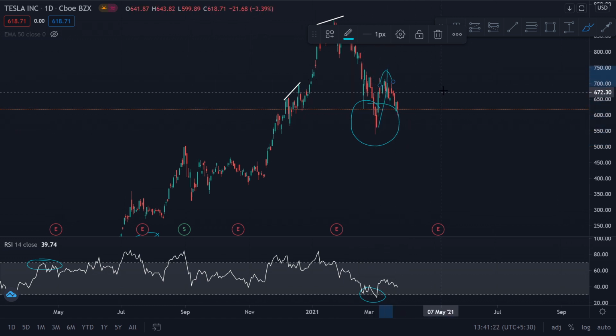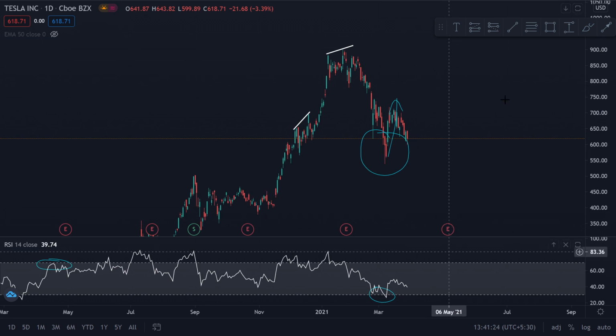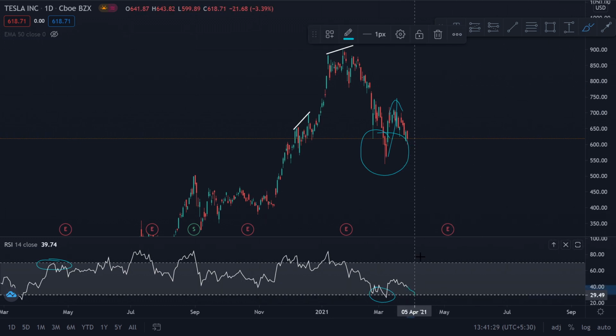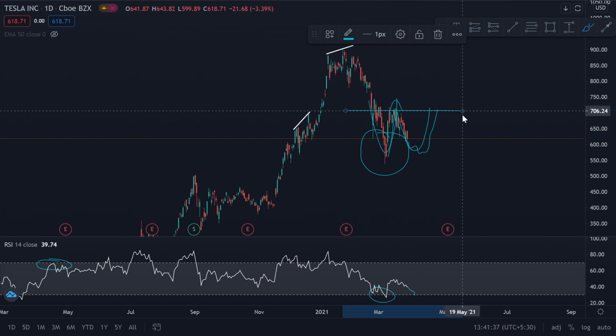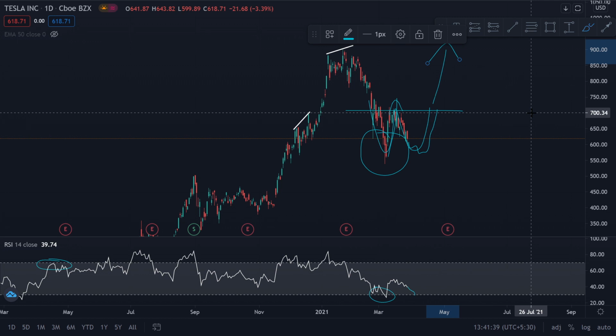And I got a good swing, and then again the market seemed to be consolidating, and again it might give me a buy signal here, right? Again RSI might drop, again this price might come down, and in case it bounces up, you can see a very good formation of a double bottom here, breakout, and Tesla might continue its move up.